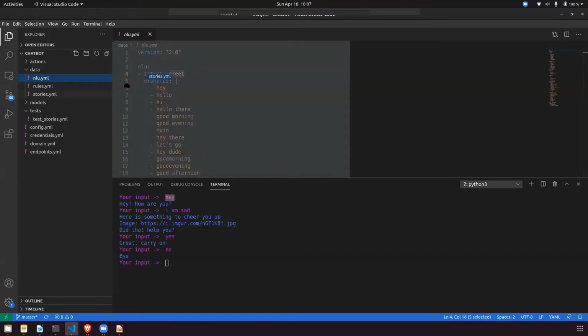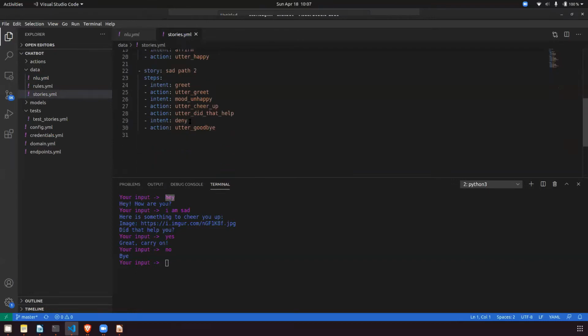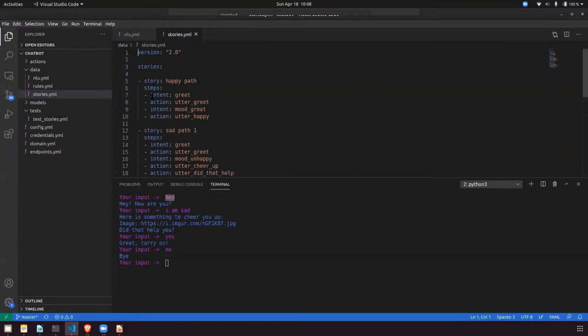So everyone just open stories.yml and you will see what kind of story we want to generate. For the intent greet, what is the action for that? Can anyone tell me? When you say hey, it identifies that the intention is greet. So when I go to stories.yml, it is found that for the intention greet, I have an action called utter_greet. Can you see that in your VS Code?